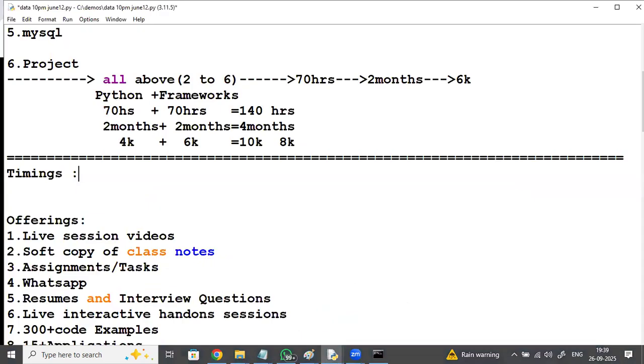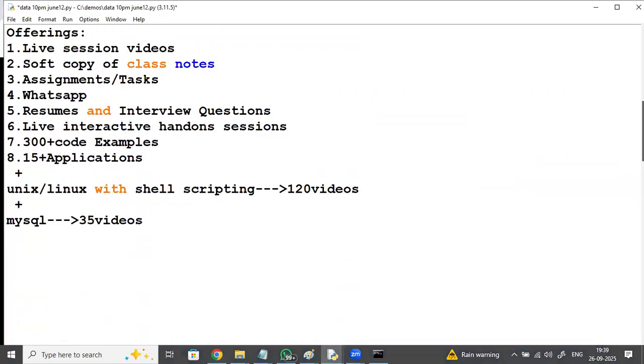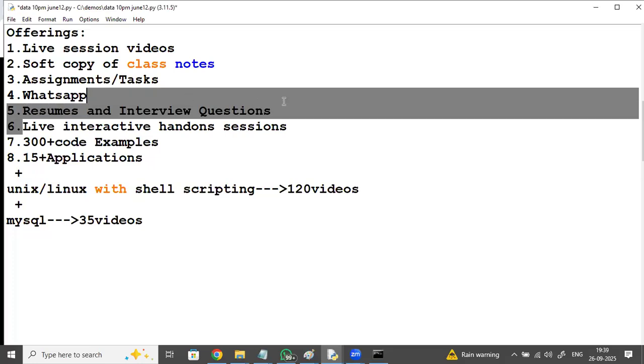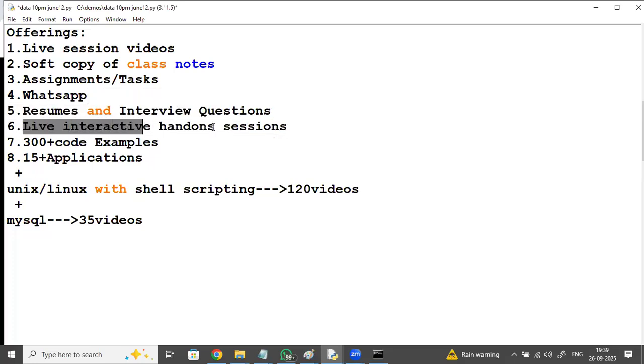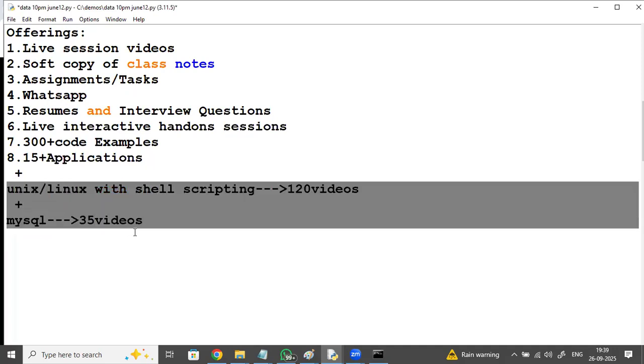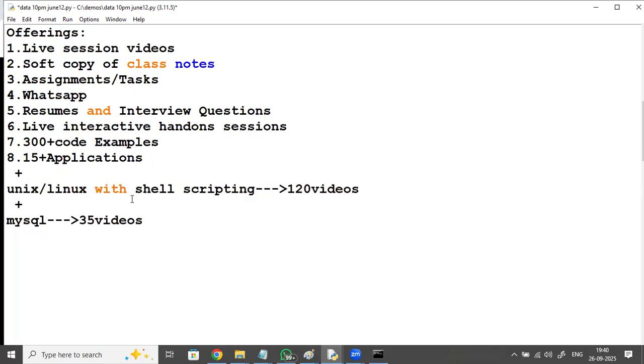And if you see the offerings from my side, you'll be getting each and every session video, soft copy of the class notes, assignments and tasks to work on, a WhatsApp group, resumes and interview questions, live interactive hands-on sessions, 300 plus code examples, 15 plus application creations, Unix, Linux with shell scripting, and also free access to around 5,000 rupees worth of videos of Unix, Linux with shell scripting, 120 videos of Mr. Durga, and MySQL videos, 35 videos.